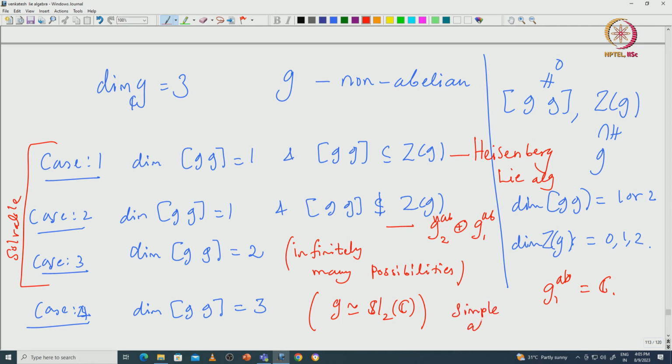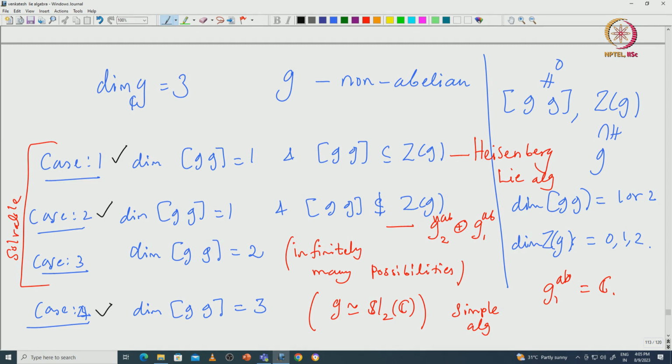So, which will be a first non-trivial example of semi-simple Lie algebra. Okay. So, this is how the picture of dimension 3 looks like. So, what we do, I will actually only do case 1, case 2 and case 4. I will leave it to you to think about case 3, which is very interesting, and more or less the